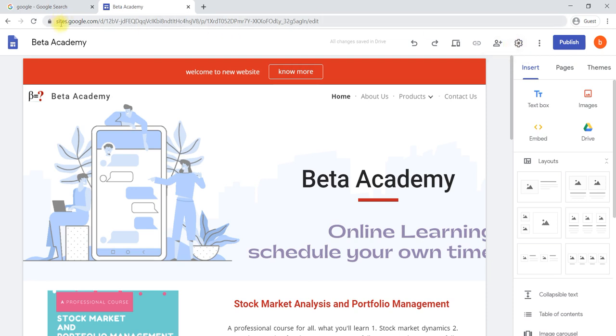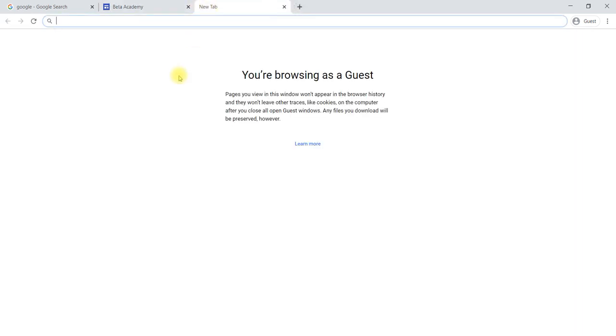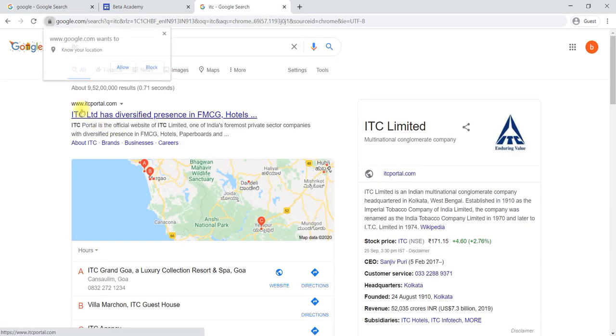It will start with sites.google.com, but I need a domain like betaacademy.com only. Like this I would like to get a domain. For example, if you search for ITC, you will get a domain, itcportal.com.